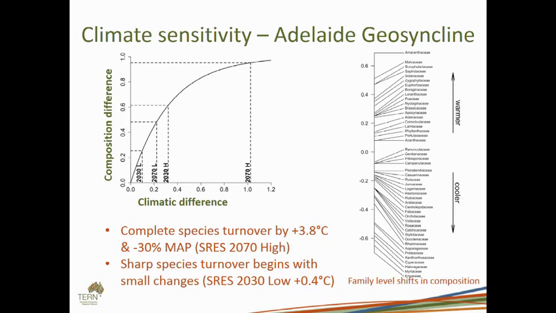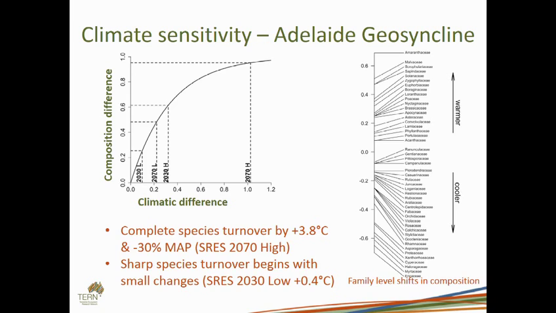So what you can see from this is with a more extreme scenario of nearly 4 degrees temperature rise by 2070 and 30% drop in rainfall, looking at the spatial pattern of that same climate difference today, we'd expect eventually that would completely turn over the plant community. So in time you would see absolutely no species of a particular site with that much change would be able